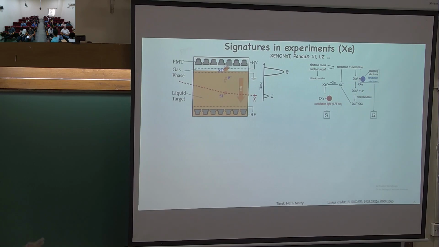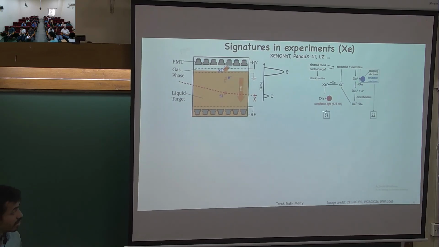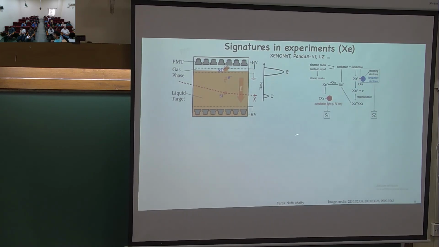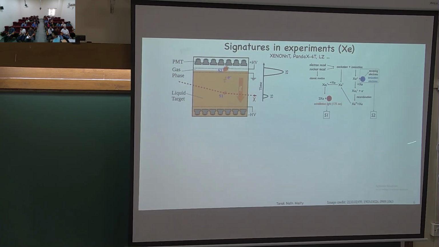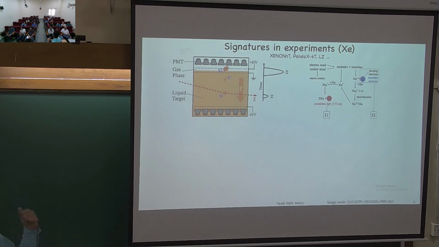If you have any energy deposition in this material, which is mostly going to be in the liquid xenon part, that is going to produce some heat. This experiment cannot observe that heat. It is also going to produce some excitation, which produces excimers of xenon, and which gives you a scintillation light. You observe this promptly, and experimentally it is called S1. You can observe it in both upper and lower PMTs, mostly in the lower PMTs. So you produce some excitation, the experiment observes it, and they call it S1.